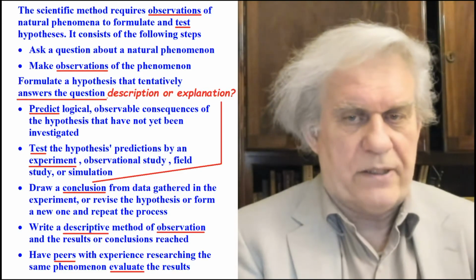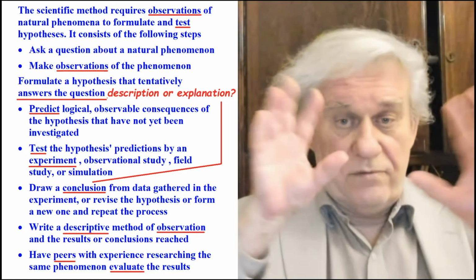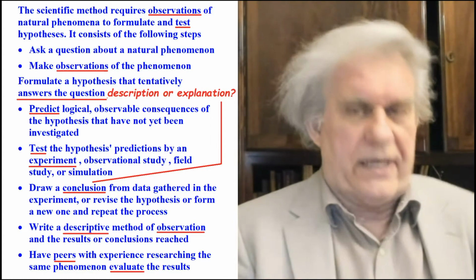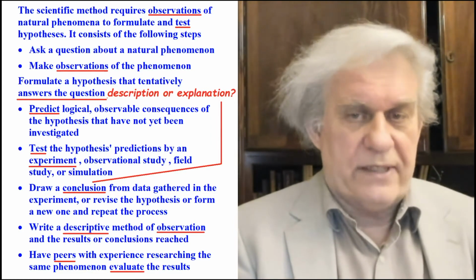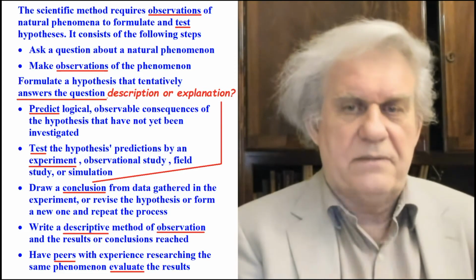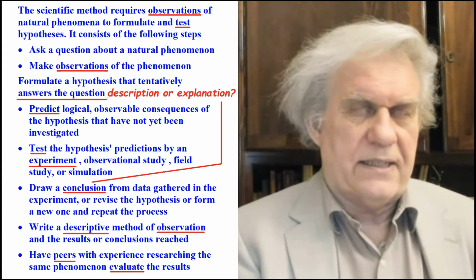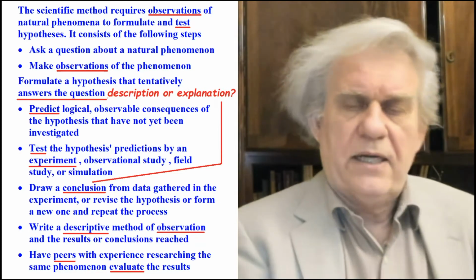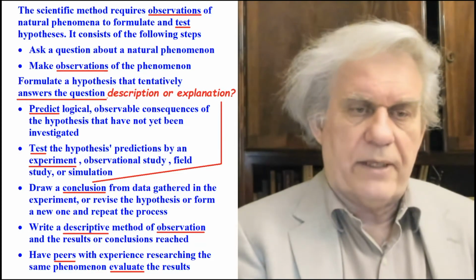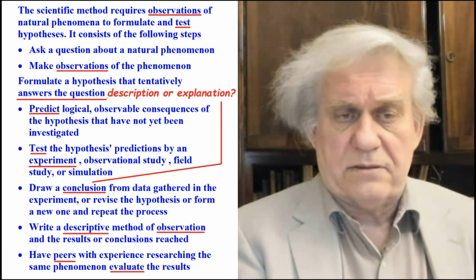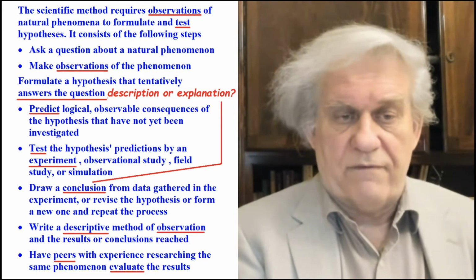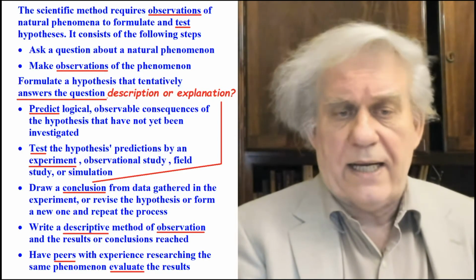Even though it hasn't happened, you've already visualized the movie. You either visualize, watch the movie, or have some experience with it. Otherwise, you would not be able to predict. If the prediction came true, it's just a description so far. But if you can explain it, it's something that comes out of your experience, out of your memory. You test the hypothesis prediction by an experiment. Again, what is that for? To convince yourself. Draw a conclusion from the data gathered.